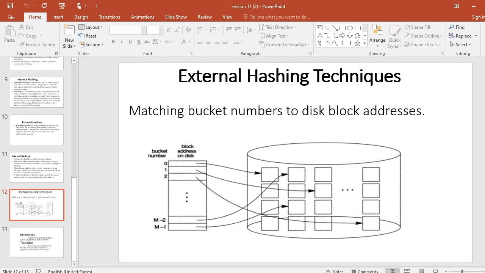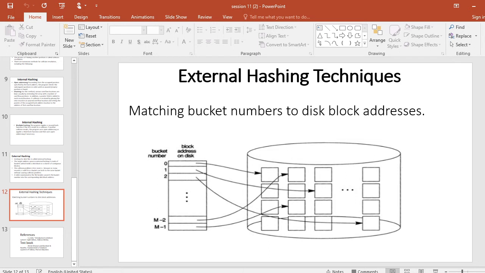The hashing techniques that allow dynamic file expansion are two: extendable hashing and linear hashing. Extendable hashing stores an access structure in addition to the file. The access structure is used on the value that results after application of the hash function to the search field. This is extendable hashing.